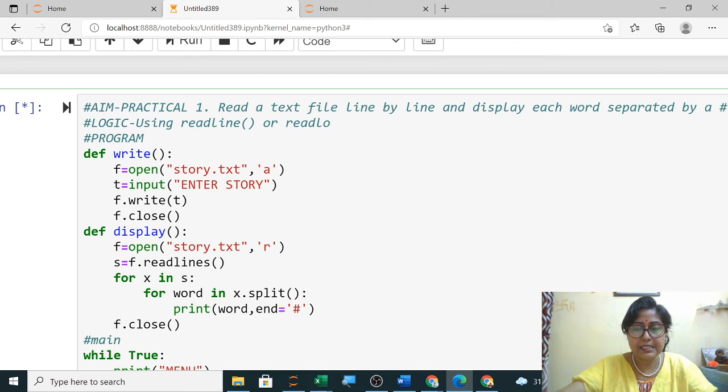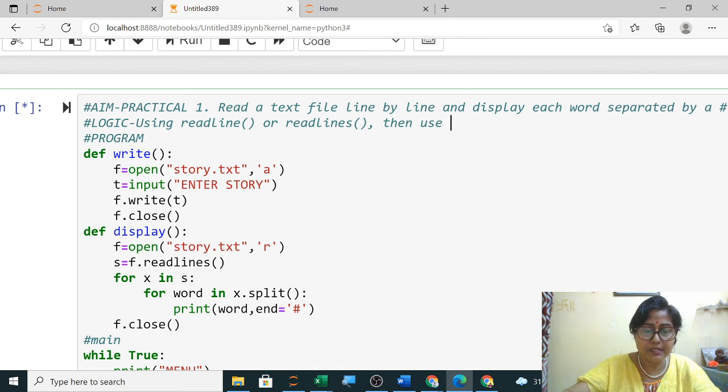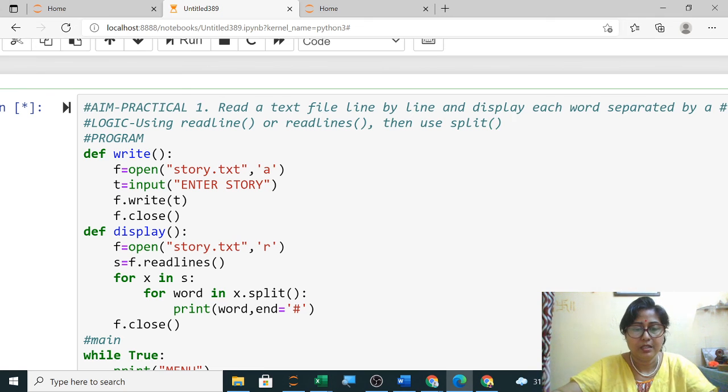Read the line, store it in a variable, then use the split function to split into words.